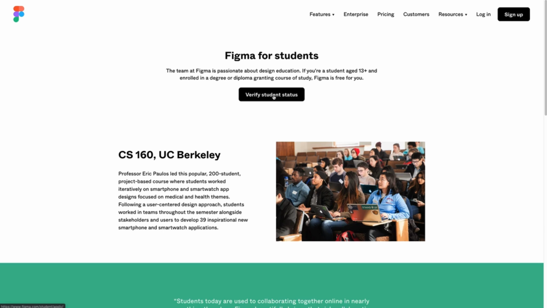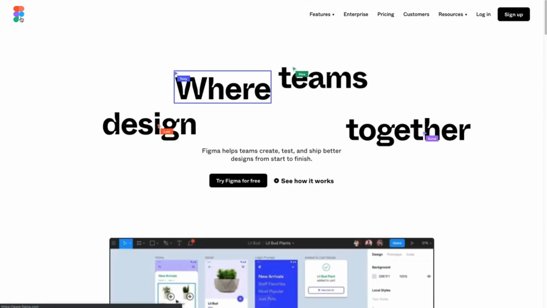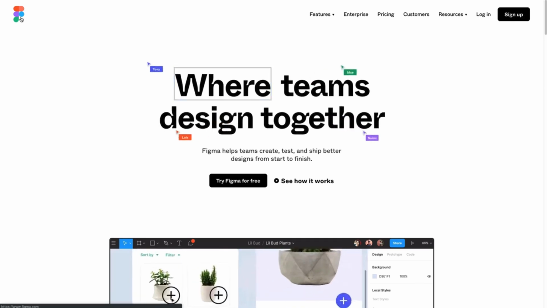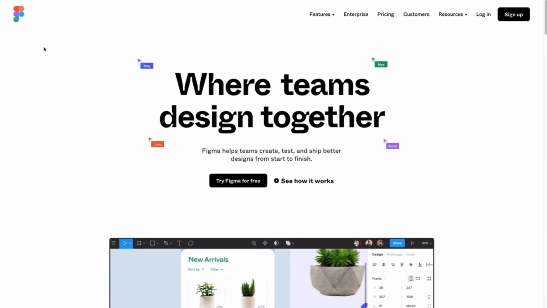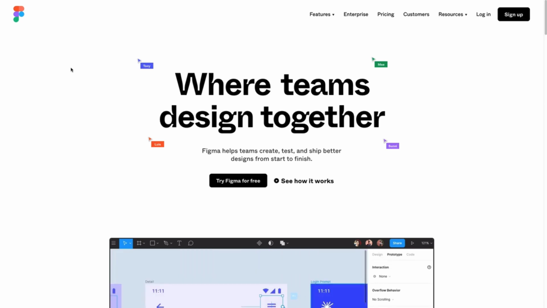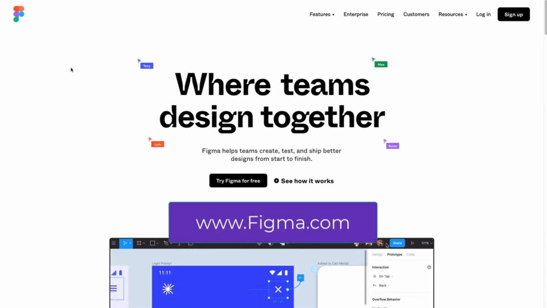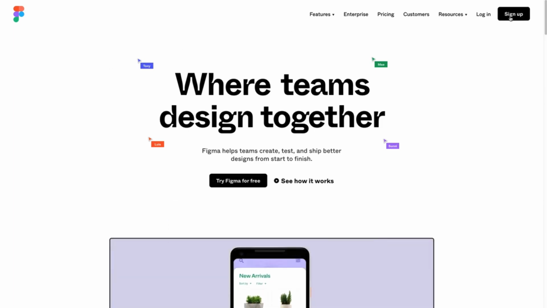But if you are not a student, there is no problem. You can still use all the features of Figma with the free account, and you can still create unlimited pages and files. So how can you create an account? It's so simple. If you open up the Figma website, which is figma.com, you can click on sign up, and